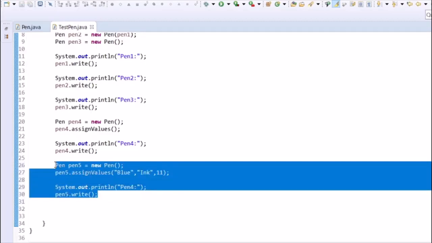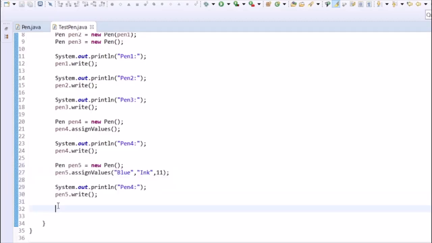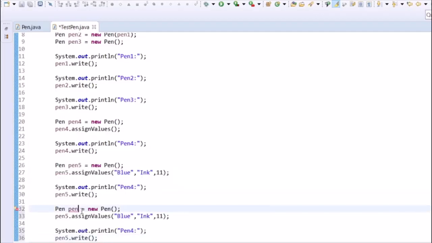And for pen p6, let's call assign values with only length, that is an integer argument, and let's try to print this pen 6.